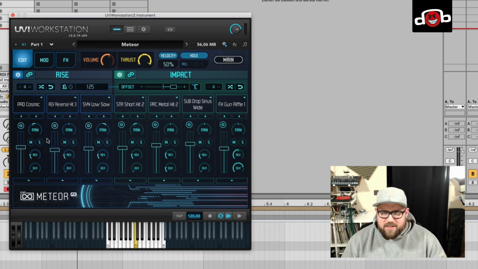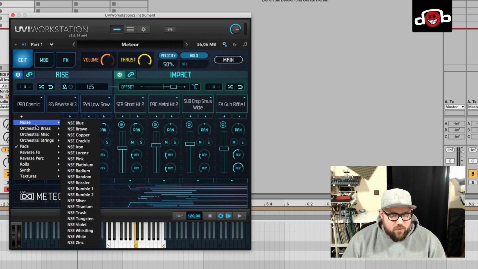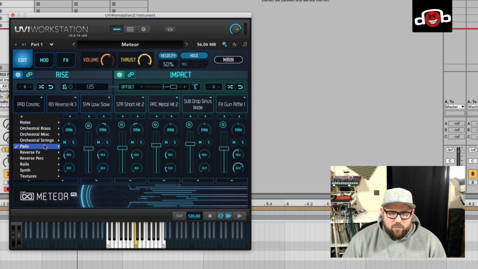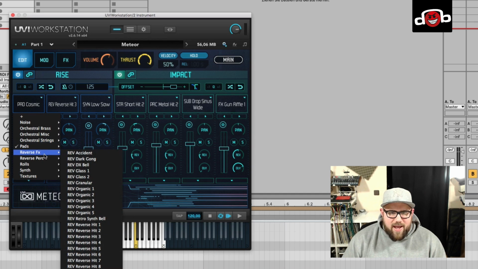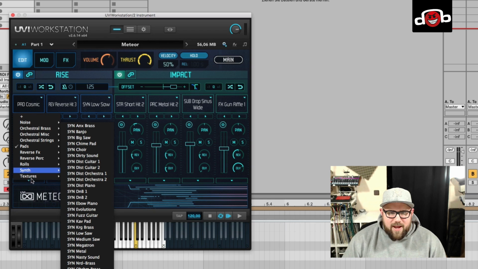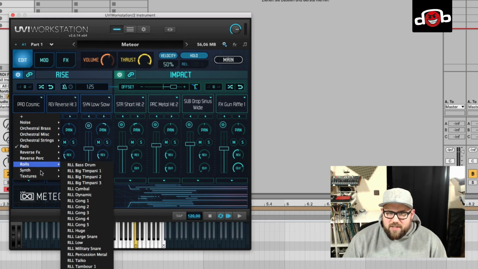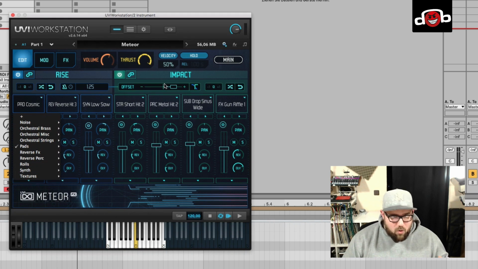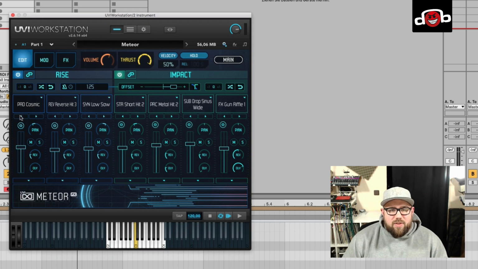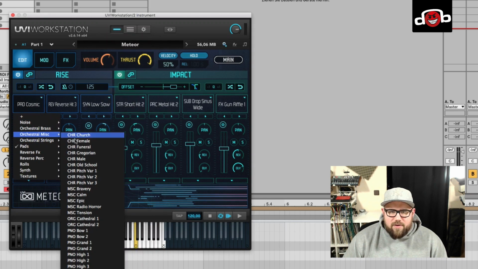And in the mixer, this is where it gets really interesting, because for each track you can choose a single sample, and as you can see here, you've got noise sounds, orchestral brass, string sounds, pads, reverse effects, percussion, rolls, synth textures, all that stuff. I've got to mention I got a preview version of Meteor, so there might be more sounds with the actual release and also more presets. I'm not sure about that. So there might be even more sounds when you buy it later on. But yeah, again, you just pick your sounds here,